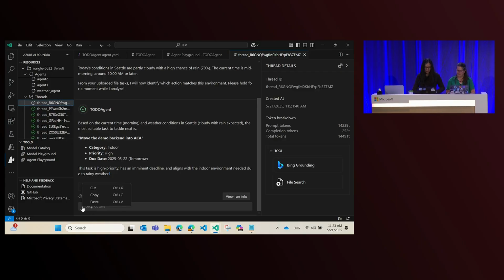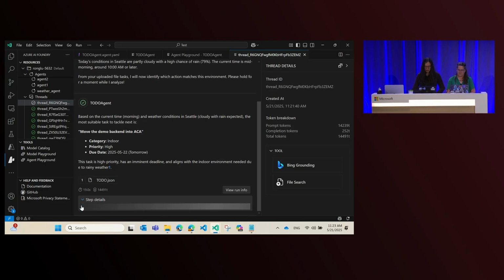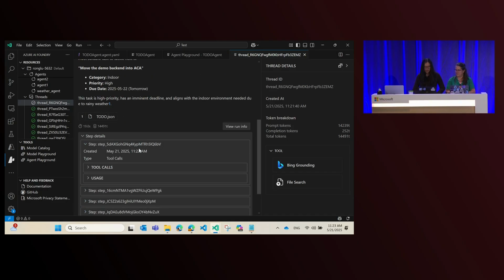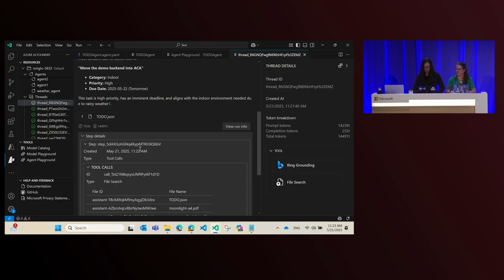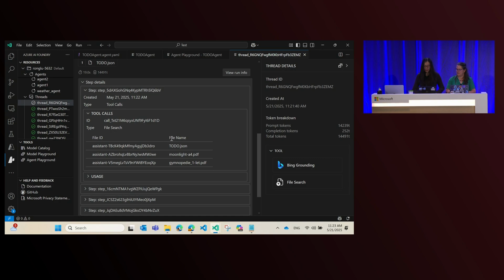Down here, you can expand step details and look at every single step the agent service is performing on the service side. The first one being file search, and it found my to-do list .json file in the vector store. So you can follow the trace and look at what happened on the service side.